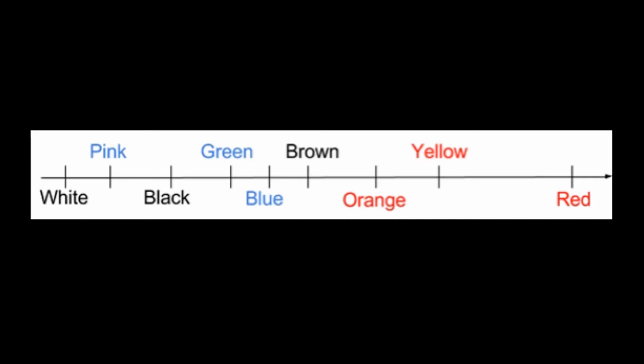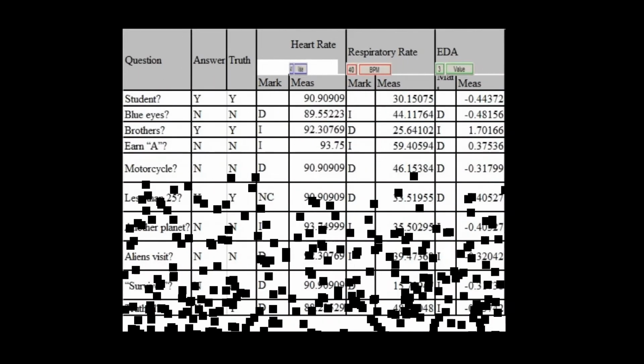Second round, we think that different colors represent various emotions. Pink, blue, and green are cool colors, so the EDA would be low,